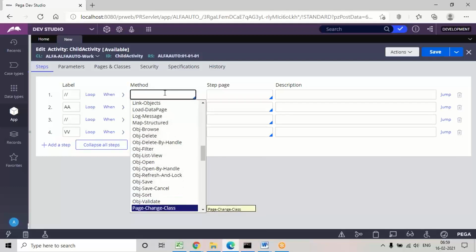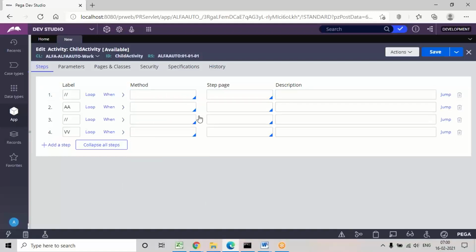Why so many methods? Because for these methods some alternate options will be there. What are the methods in the drop down itself? Some APIs and instructions also will be there. So all those things we'll understand step by step. And which method to use? Methods are categorized into different types: obj methods, rdb methods, page methods, property methods, connector methods, some 5 to 6 main categories. Depending upon the requirement we'll be using them.